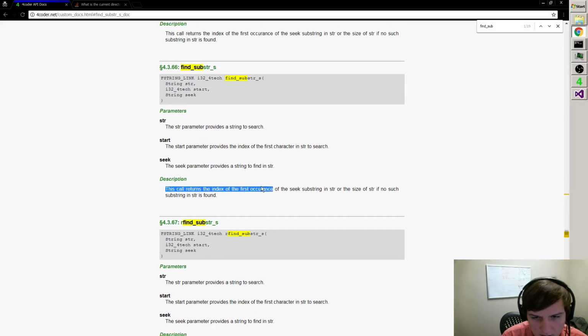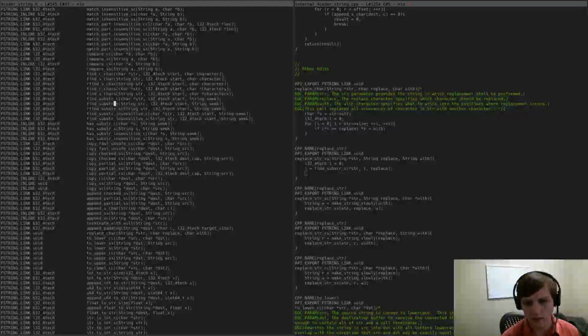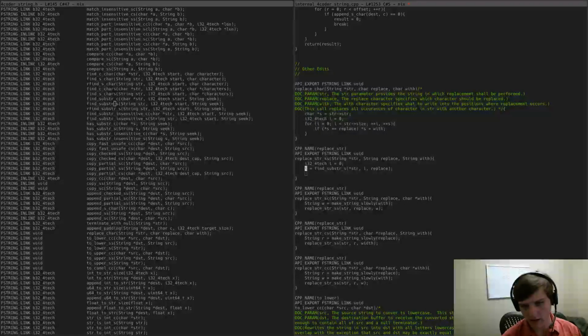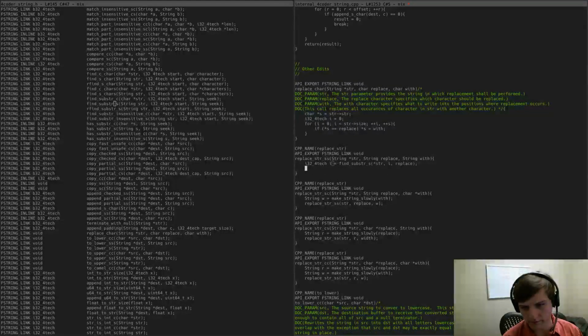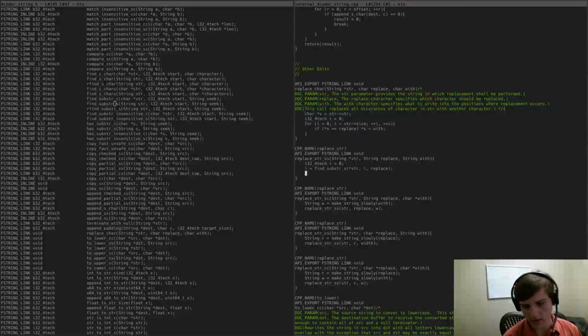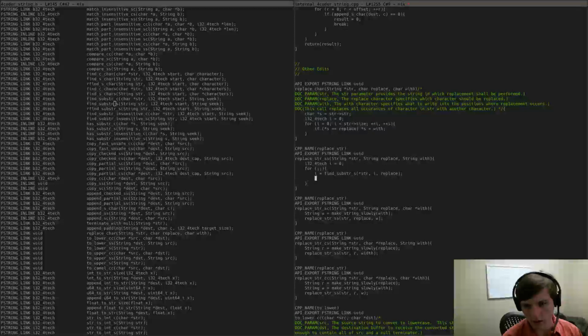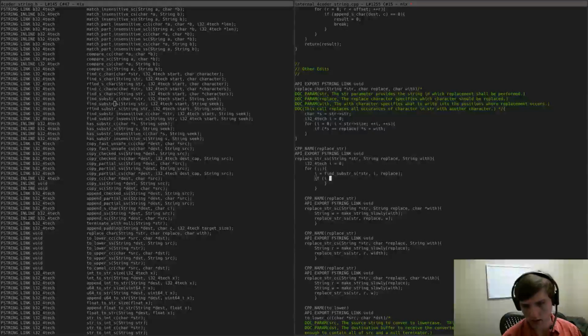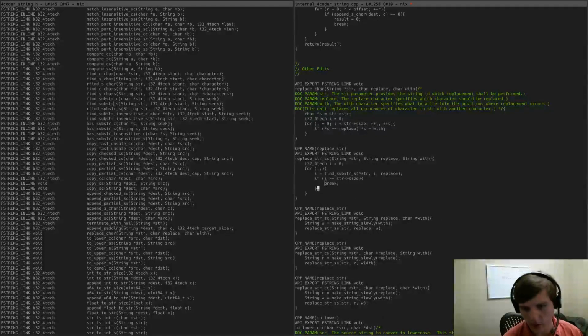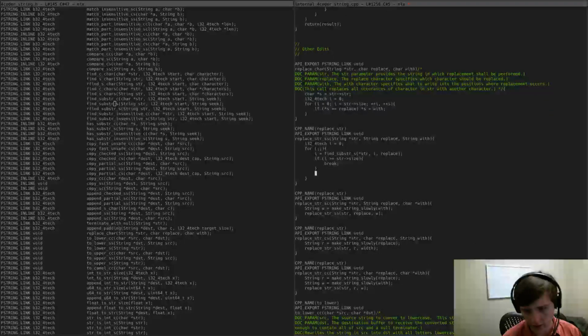This call returns the index of the first occurrence of the seek substring in str, or the size of str if no such substring in str is found. Okay, so what we'll do is that. I think we're going to want that like this. Okay, if I is greater than or equal to string size, then break. We're done. Otherwise, I want you to